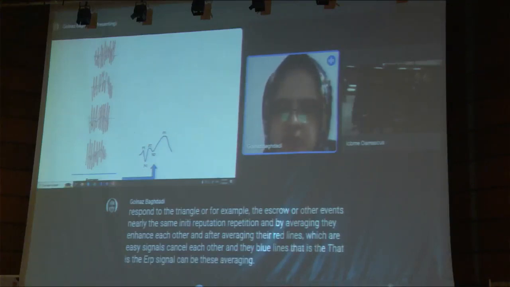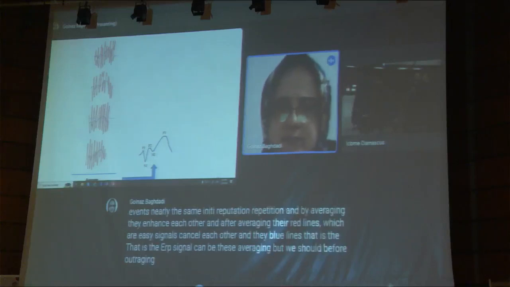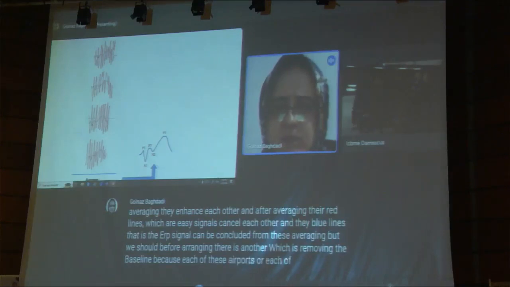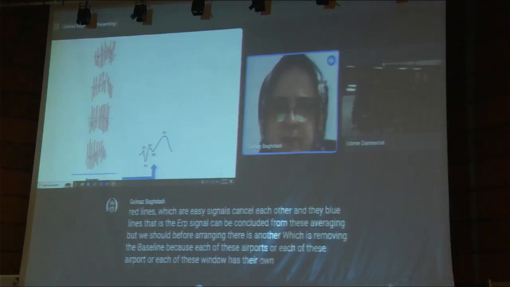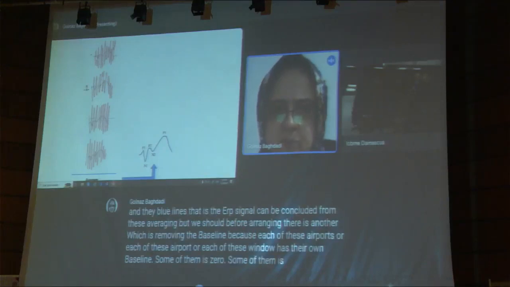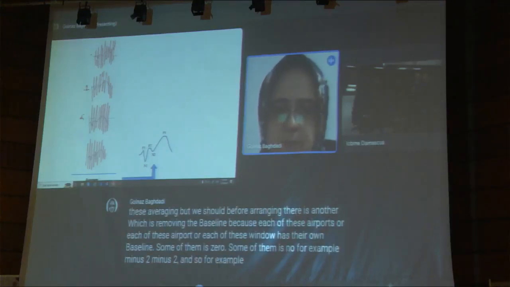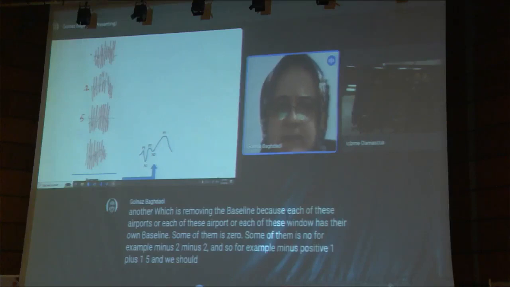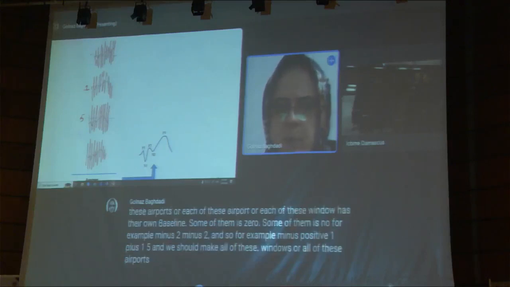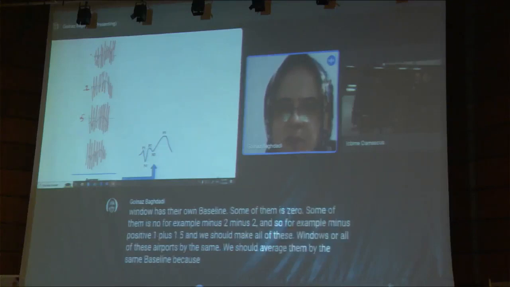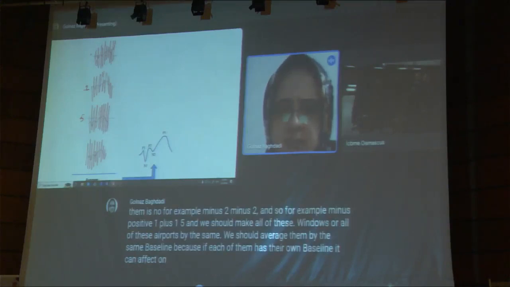averaging. But before averaging, there is another step, which is removing the baseline, because each of these epochs or windows has its own baseline. Some of them are 0, some are, for example, -2, and some, for example, +1 or +5. We should make all of these epochs have the same baseline, because if each of them has its own baseline, it can affect the averaging, and it can affect the shape of